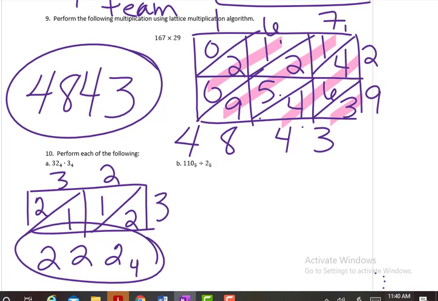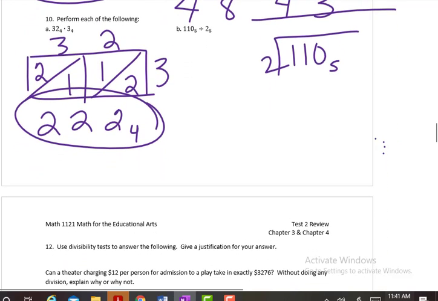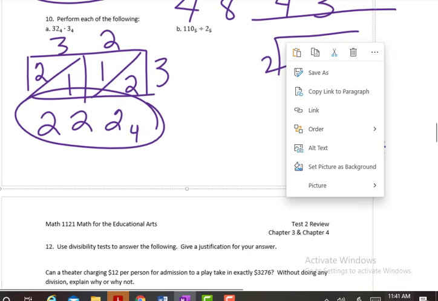All right, now for B, 110 divided by 2 base 5. Well, I have 2 goes into 1 0 times. And when we're in base 5, so 2 goes into 11. All right, well, we could do this with some repeated subtraction if we like. I'm going to give myself a little more room here. All right, so if I subtract 1, 2,